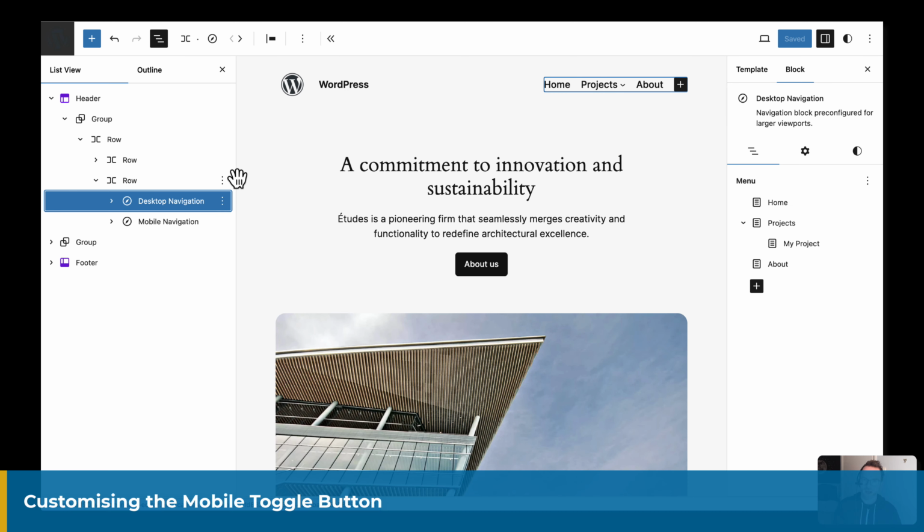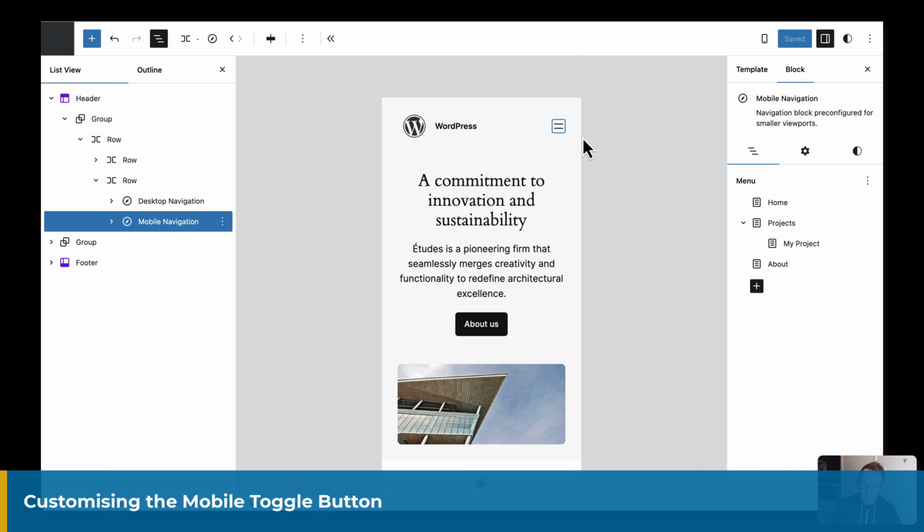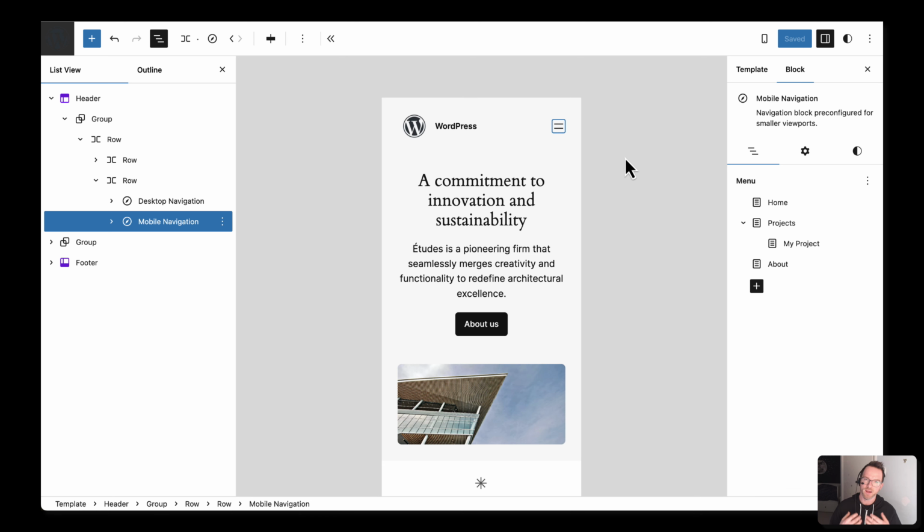So let's take a look at how we can customize the mobile icon. And what I mean by that is this little toggle button here. How can we customize that? Unfortunately, I'm not going to be able to show you how to use a custom icon there today. That isn't within the scope of this plugin currently, although it might be a feature that we could add. But what I can show you is how you can customize the color of this, because that is a common